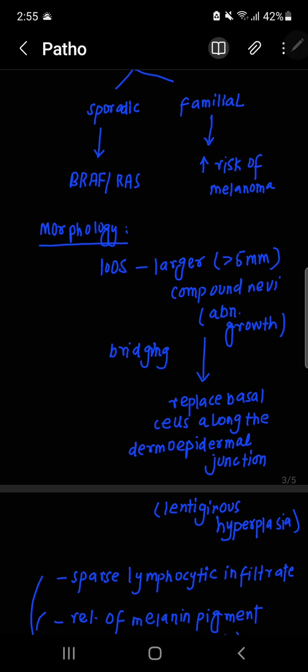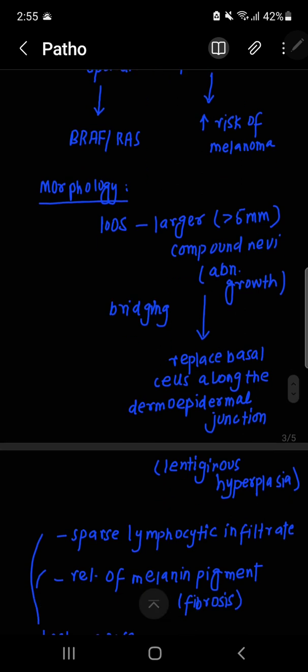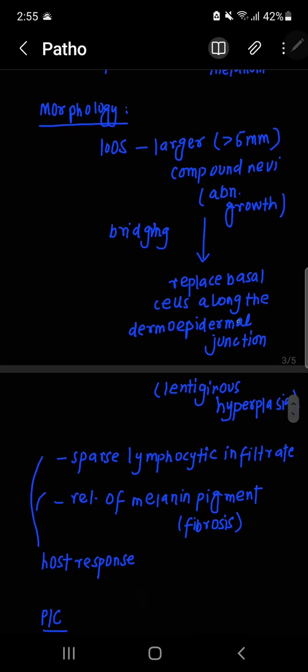So they are compound nevi initially in the dermis, and they have some abnormal growth, and they start undergoing bridging, which is when the adjacent nests start coalescing and fusing, and that's an abnormal fusion. After bridging they go from the dermis towards the dermo-epidermal junction, and they start replacing the basal cells along the dermo-epidermal junction. So in a melanocytic nevus, they were going from the dermo-epidermal junction into the deeper dermis, whereas in the dysplastic nevus, they're going from the dermis into the dermo-epidermal junction. And